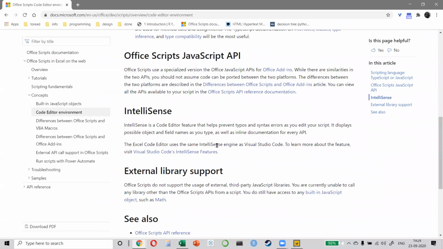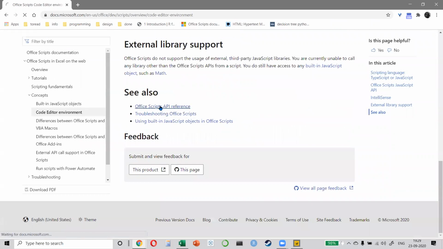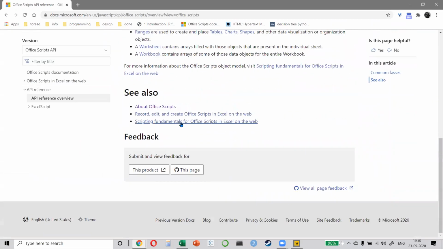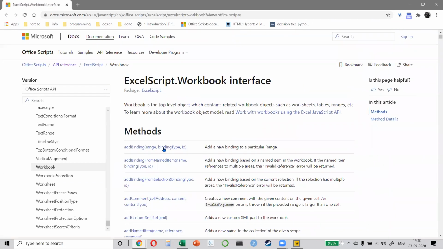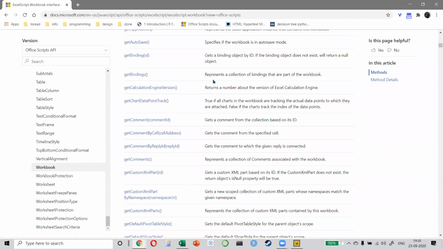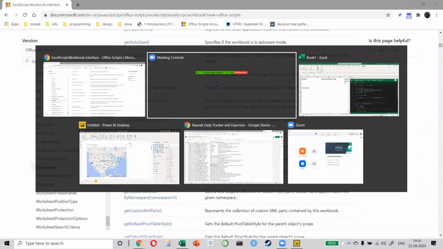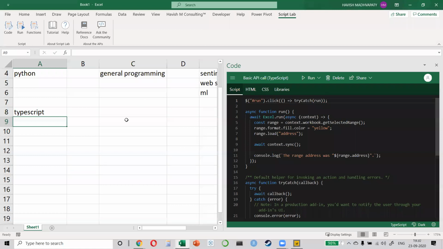How does it work? What is JavaScript? How do you use it on Microsoft Office? So everything is there, but you will have to spend a lot of time and effort reading all this. And if you're coming from a non-programming background, then it will be difficult. No question about it. That way, learning anything will be difficult. Even learning Power BI and Tableau will be difficult for you. The question is not, can you or can you not learn programming? The question is, how quickly can you learn it? It's not a question of if or if not. It's a question of when and how soon and how quickly.